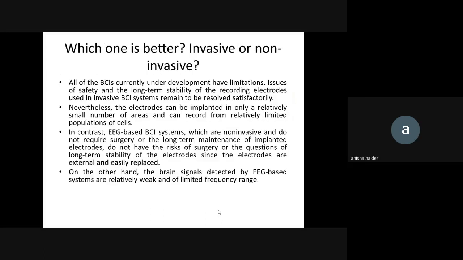So now which one is better, invasive or non-invasive? From an engineer's point of view, we can always say non-invasive techniques are better, right? We are getting signals and we do not have to cut the skull or any part of the body. We are very happy with it. So non-invasive is better in my point of view and maybe also your point of view. But if you compare the signal received from invasive technique and the signal received from non-invasive techniques,